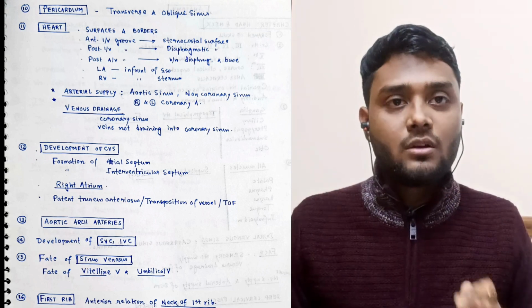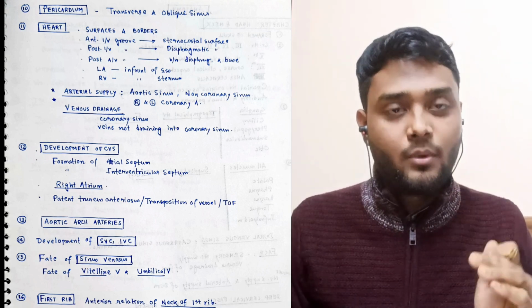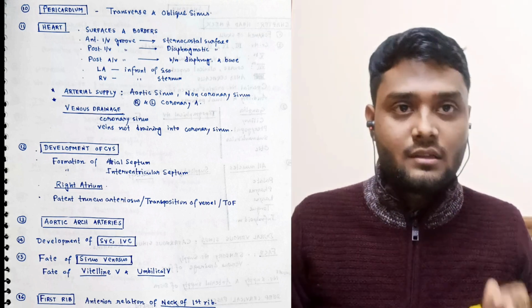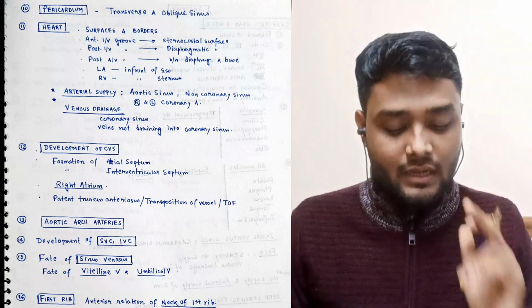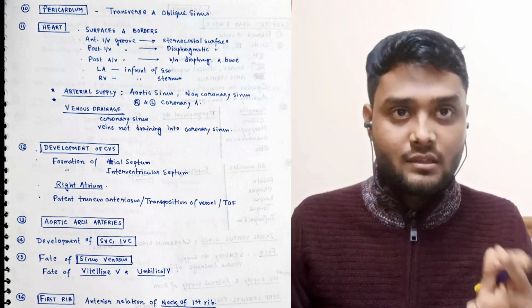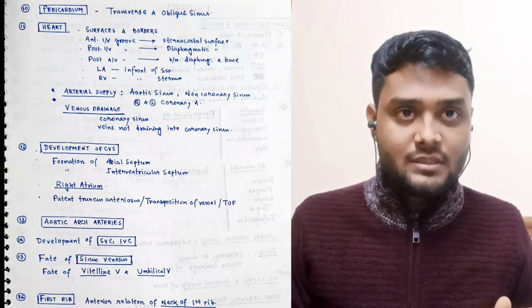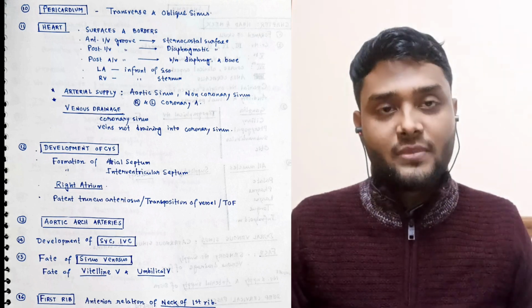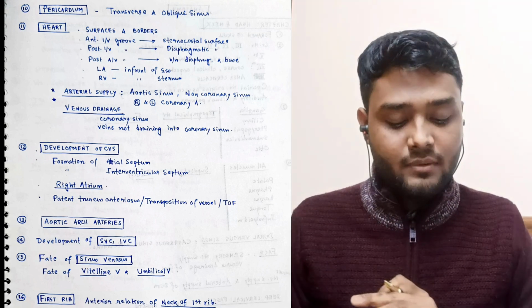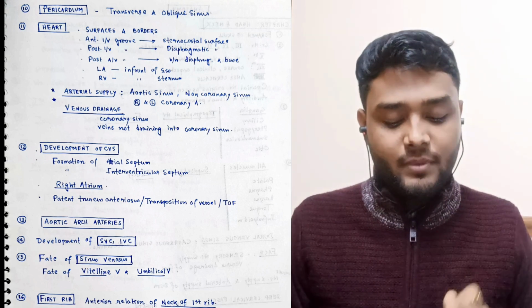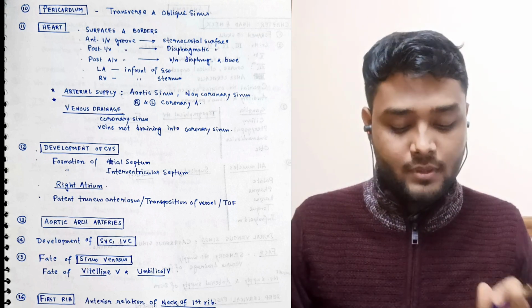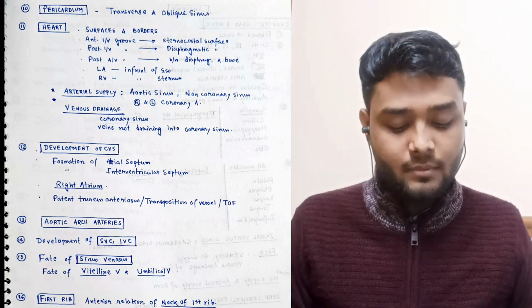Then development of the CVS is a very important topic. Formation of the atrial septum, formation of the interventricular septum, the internal anatomy of the right atrium, patent truncus arteriosus, transposition of great vessels, and tetralogy of Fallot. Then aortic arch arteries and their derivatives, a very, very important topic. Development of the superior and inferior vena cava, fate of the sinus venosus, fate of the vitelline vein and umbilical vein, and first